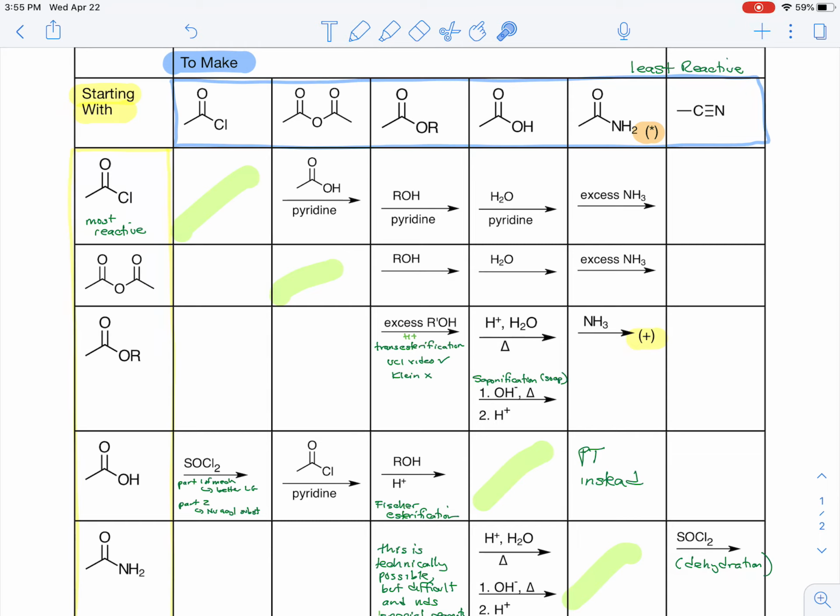Starting from acid chlorides, you can react these with a carboxylic acid to make an anhydride, an alcohol to make an ester, or water to make a carboxylic acid. In all of these cases as written, it shows pyridine as a reagent. And remember that pyridine